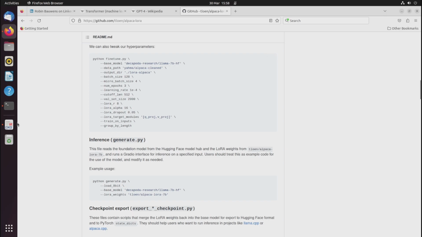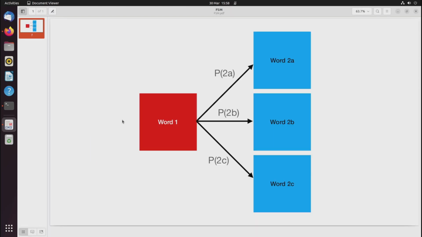And so here's that shown diagrammatically. We are on a given word, word 1, and we know that if we are on word 1, there are 3 words we could go to, word 2a, word 2b, and word 2c, and we have a probability. The probability that given we're at word 1, we go to 2a, or to 2b, or to 2c. And that's it. What we need to know is just those probabilities of the transition. And that is, of course, a finite state machine, which is an absolutely classic